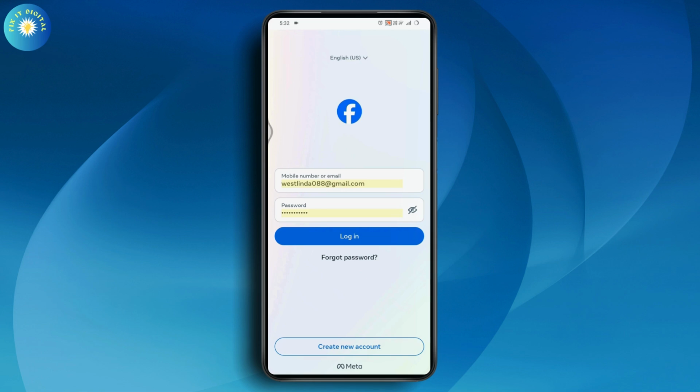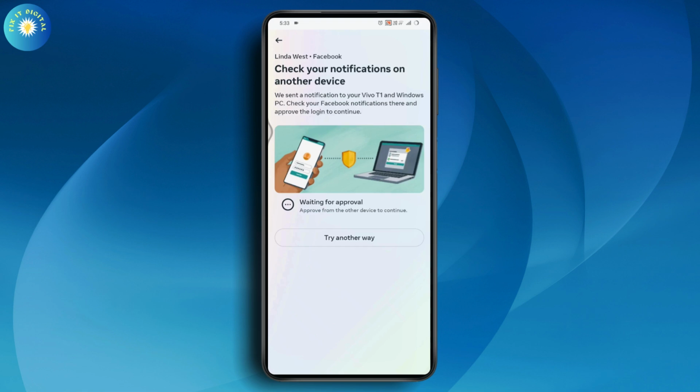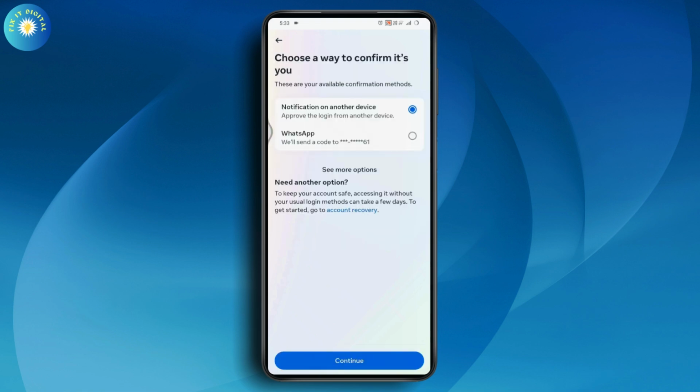Or if you already have an account and if you want to log in, then enter your mobile number or your email address and go with your password and then tap on login. Once you tap on login, it will log into your account. Just tap on login and now just wait for the approval, or I'll just try another way and tap on